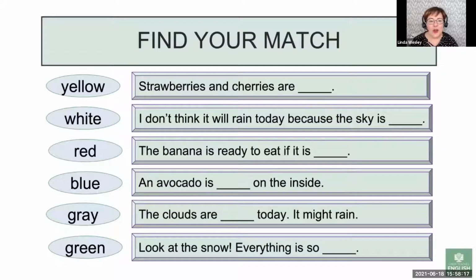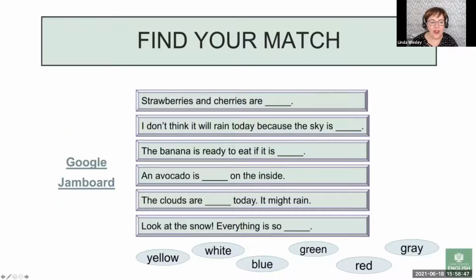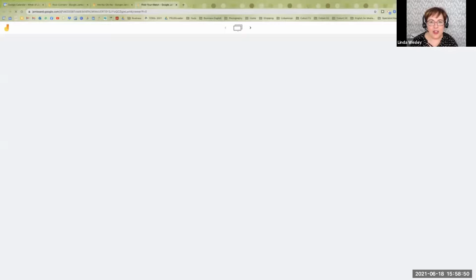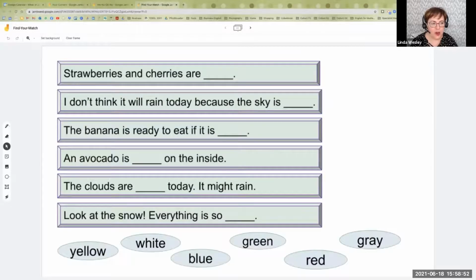And so you might have something like this where, let's say that we studied colors, and in the past we studied weather, and this week we also studied fruits and vegetables, different kinds of food. So this would be a really great way to review the old vocabulary and mix in those colors. And you could ask students to connect these together. But again, let's think about those online options. I've switched to my Google Jamboard.